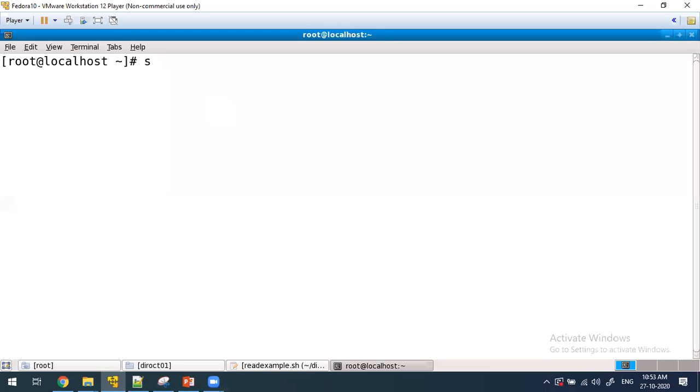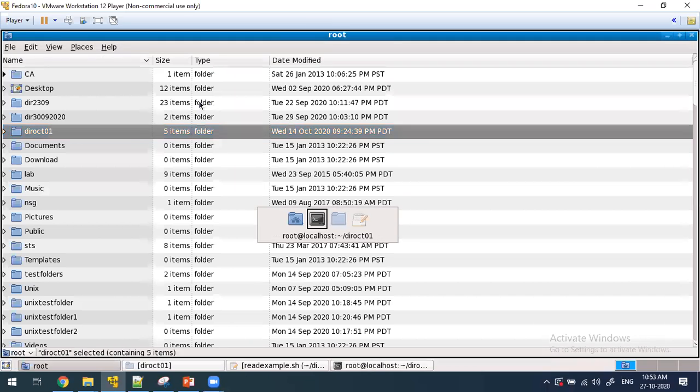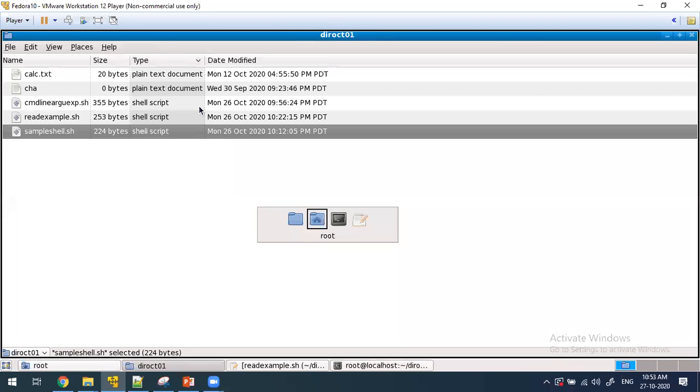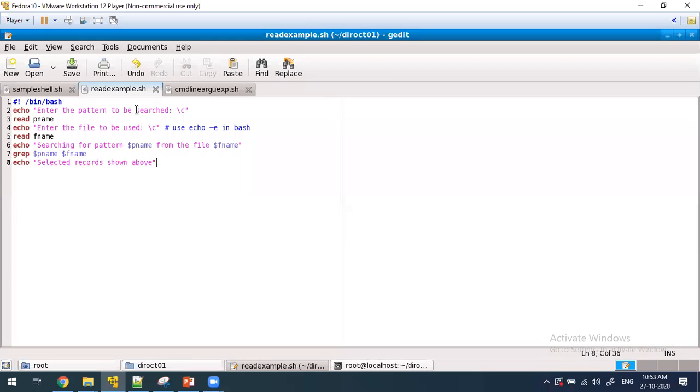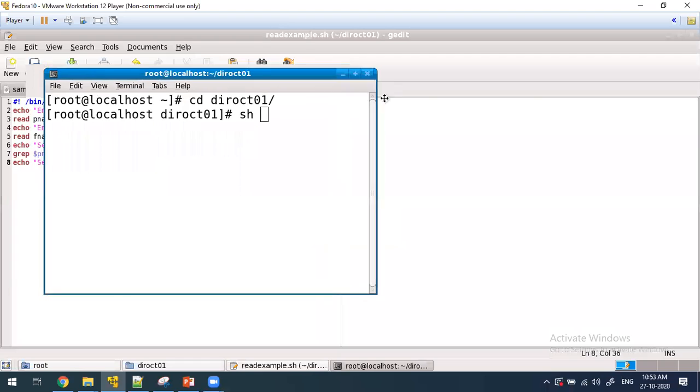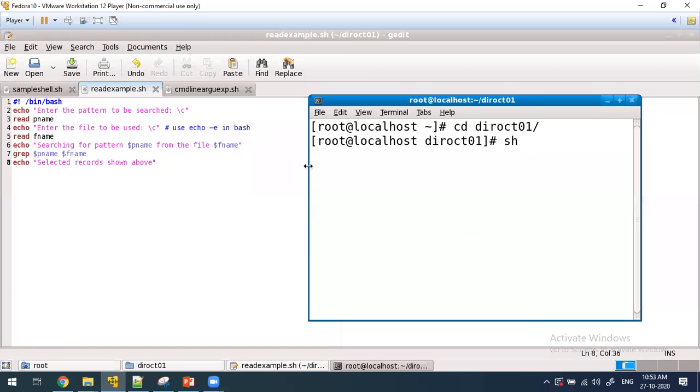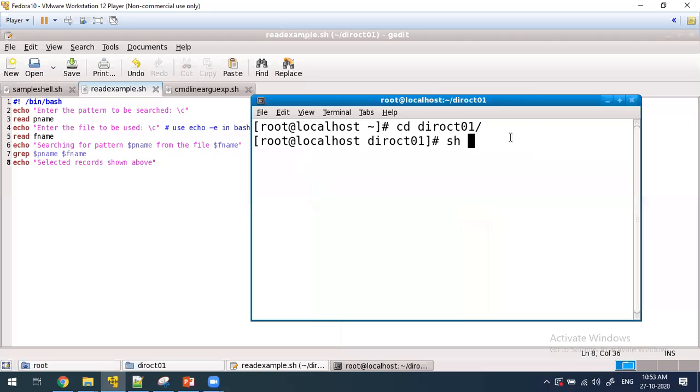Now we'll exit. I should go to that particular directory, cd dir oct, then sh. What is the file name? Read example.sh. See now: enter the pattern to be searched.